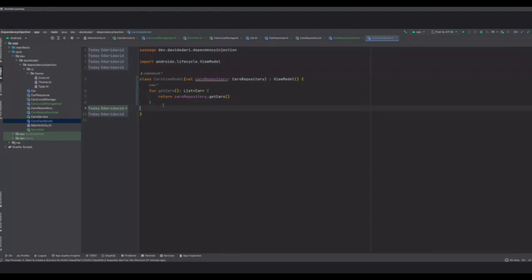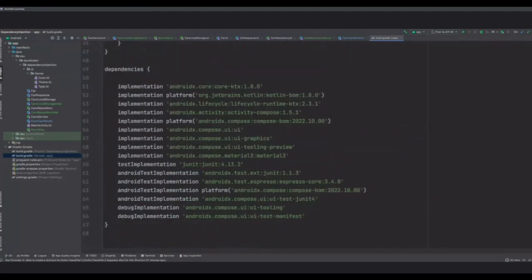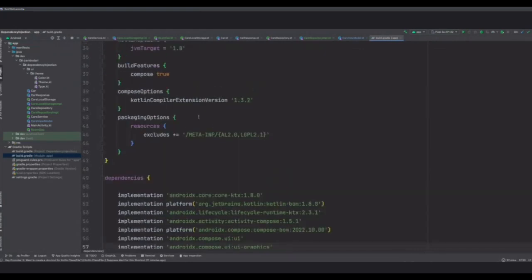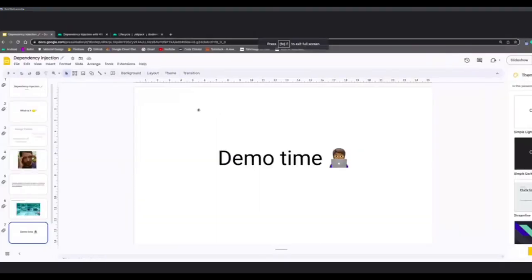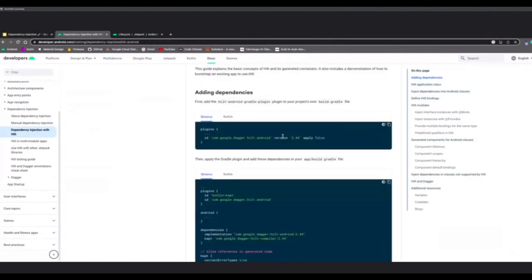So I think from here we can start making use of Hilt and see how that comes into play. To do that, first we need to add the dependencies. I don't think I have Hilt here. No, I'll need to go fetch those from somewhere. So I need to get this.